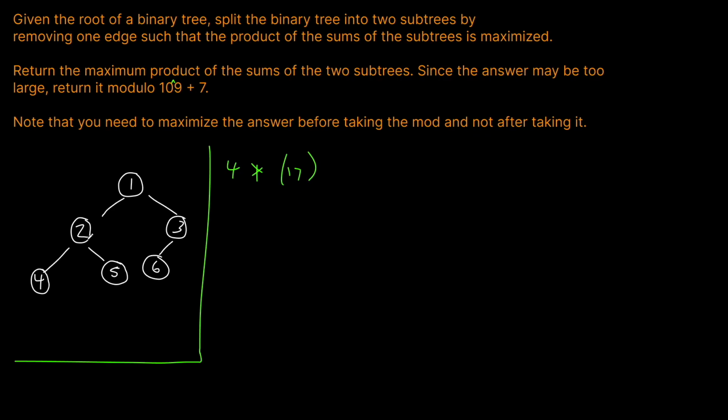Then we could do 4 and 2. So 4 plus 2 times the rest here. And then we could do 2 plus 5 plus 4 times whatever. Basically we want to go through all these possible options and find whichever one gives us the largest amount. So how do we want to do this? This seems a bit complicated at first, but what we want to realize is that if we have the total